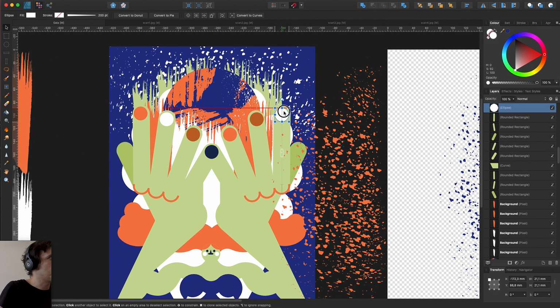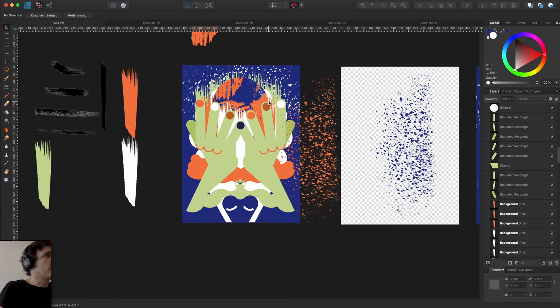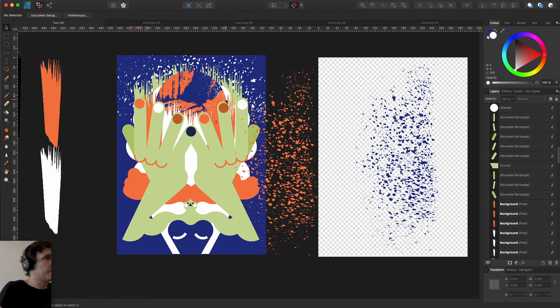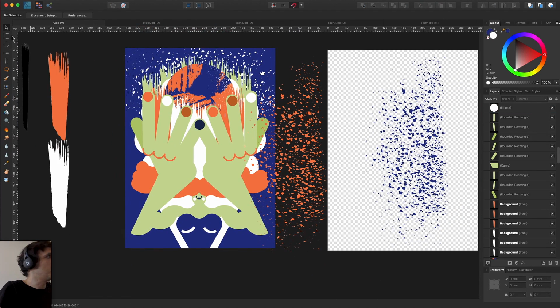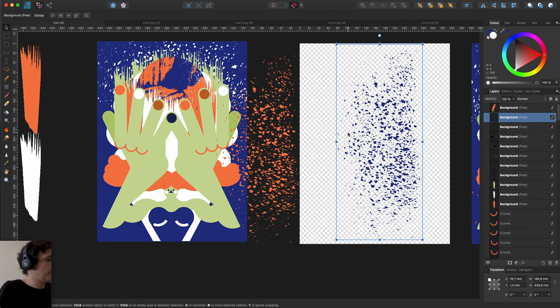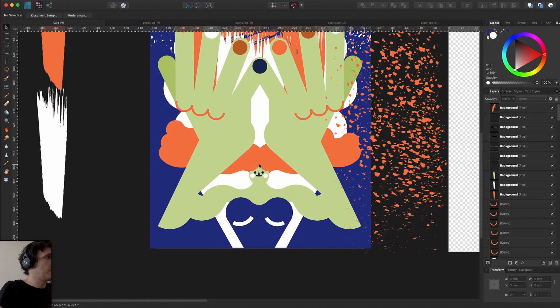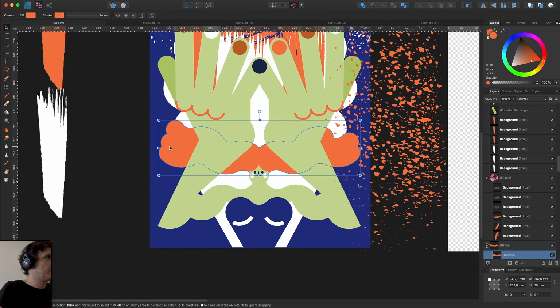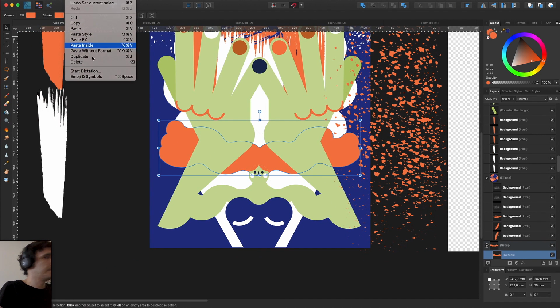Oh, this is the fingernail. So let's do the same with the blue one on the hair. So let's select the blue one. Let's hit cut. Let's go to the hair shape. Let's paste inside.